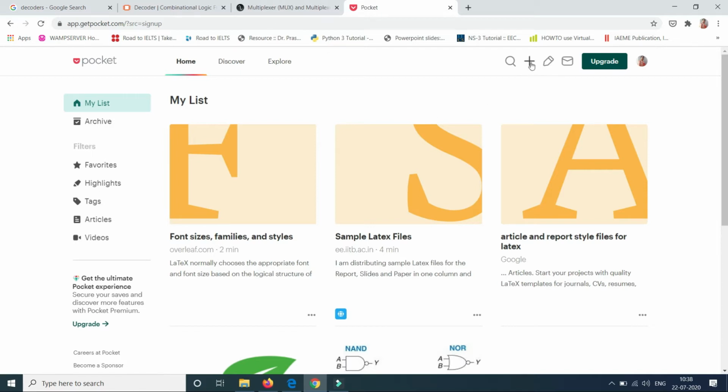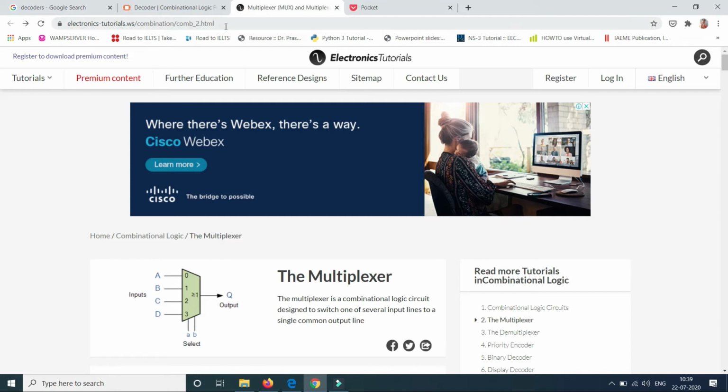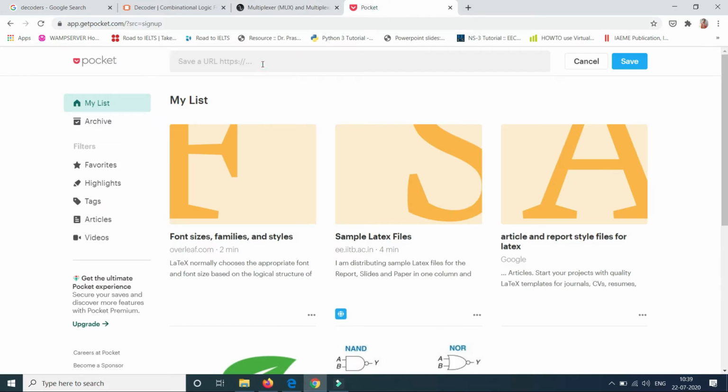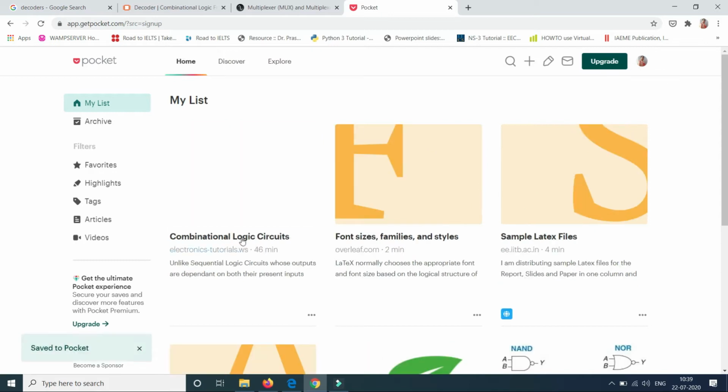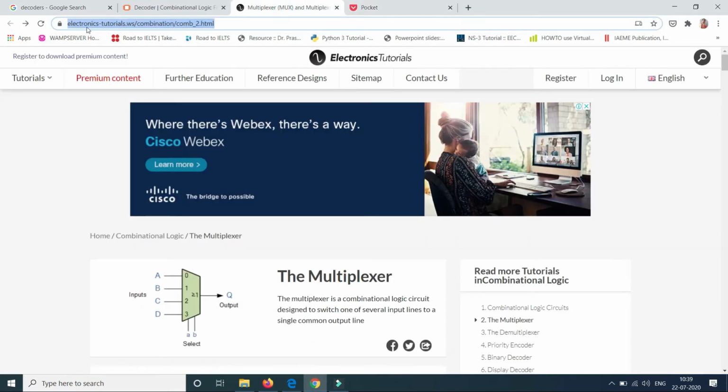The first option is to go to the plus symbol. Suppose I have to save this page, I will copy this URL, paste it here and then save. Now you will see the same page, electronictutorials.ws.